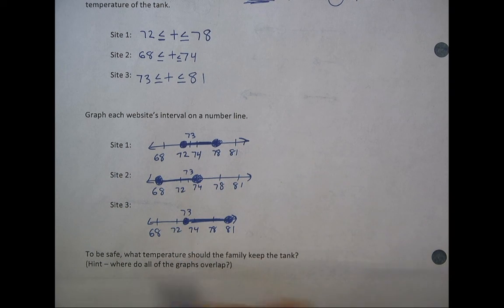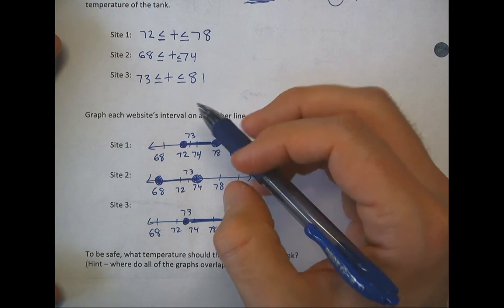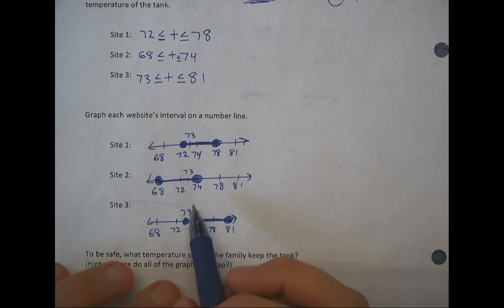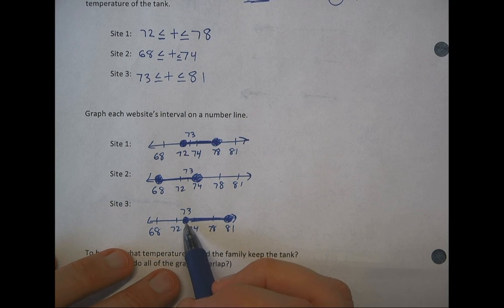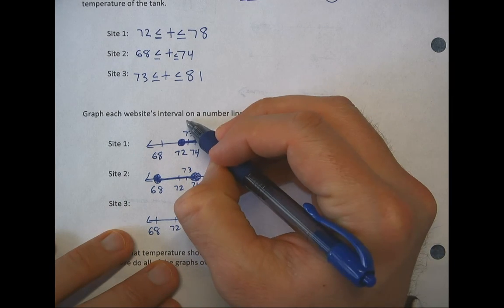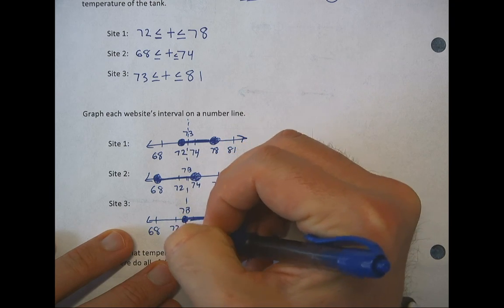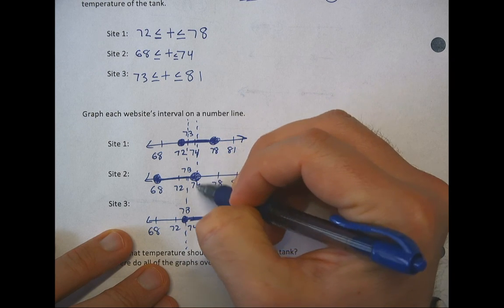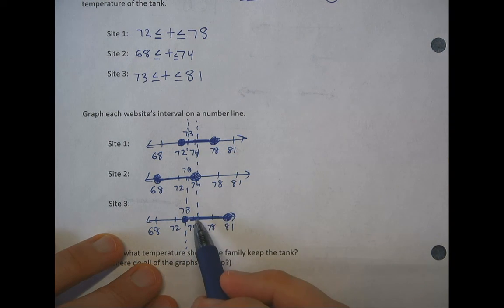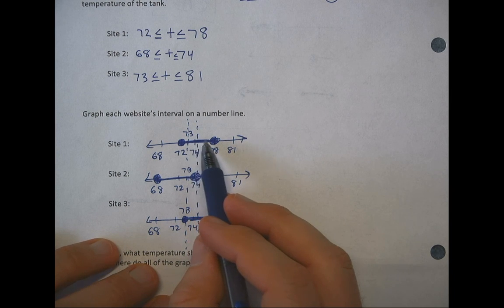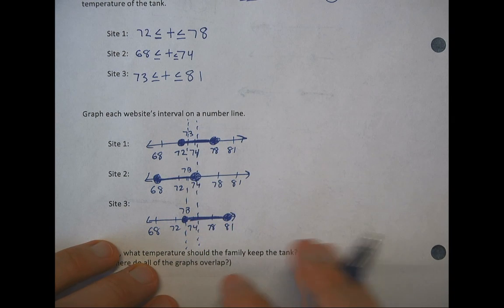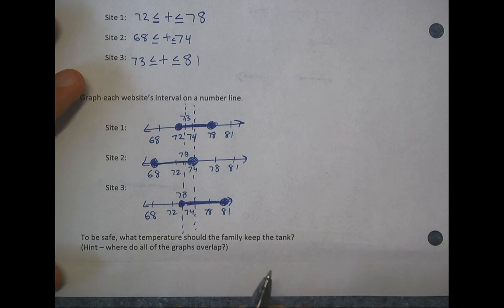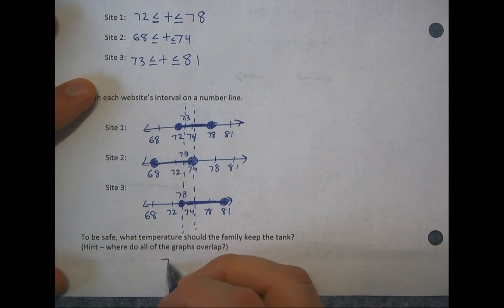So to make our safest prediction here, we want to find the situation that kind of works for all of them. So this one starts at 73 and doesn't include 72. So it's kind of going to start at 73. And then the farthest I can go up where it's included in all of them is right here at 74, because it's included in this. It's included here, and I can't go any higher because it would no longer be included in site 2. Okay, so if I'm going to write an interval here of the possible solution set, I would go anywhere from 73